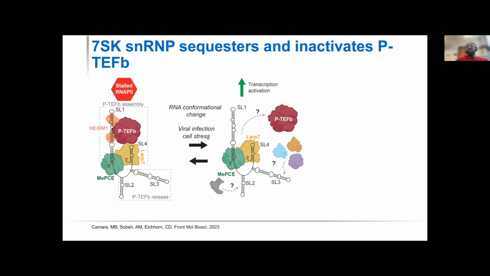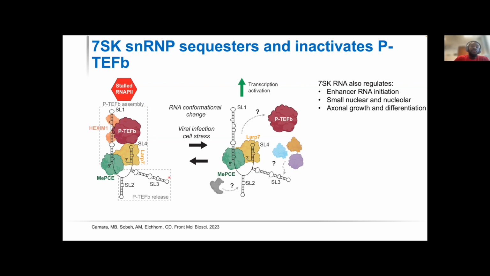Also, sometimes due to cell stress, that can also induce PTFB release. And one of the things that still remains to be explored is how conformational exchange can lead to PTFB release. So here I'm highlighting this region. Basically, the stem loop 1 and stem loop 4 of the 7SK have been known to recruit PTFB. So they've been highly characterized and well understood on how they play a role in PTFB